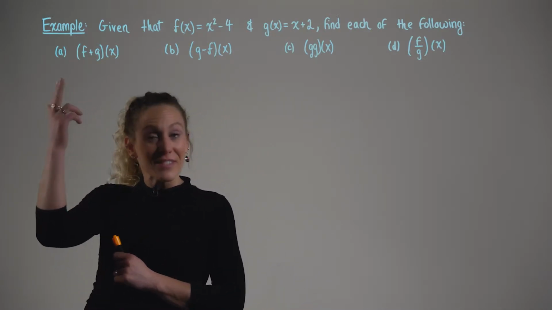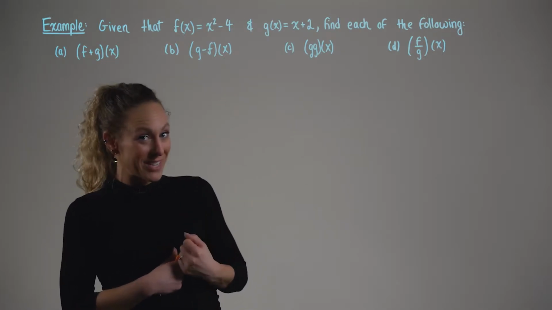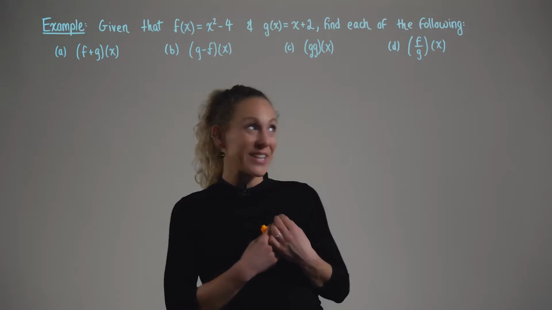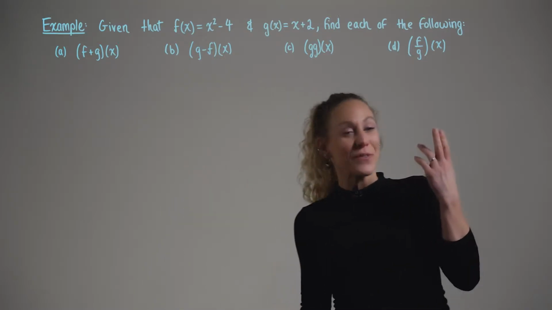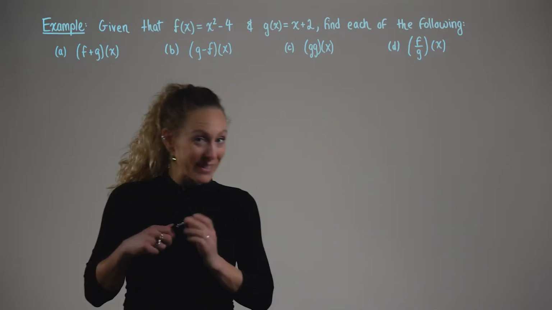We're looking for the sum of f plus g. We're looking for the difference of g minus f. We're looking for the product of g times g. And last but not least, we're looking for the quotient f by g. So for part A,